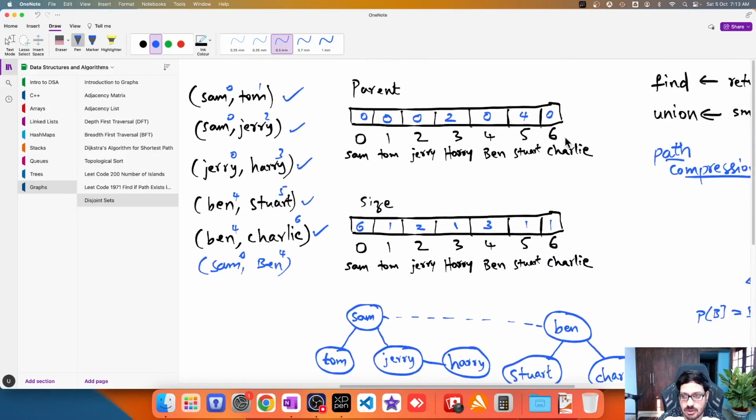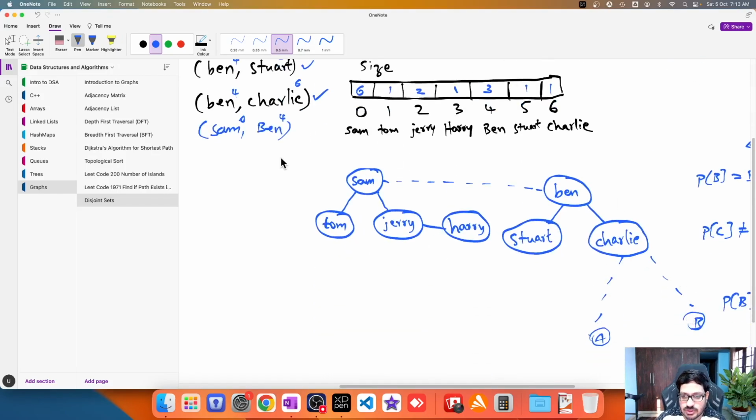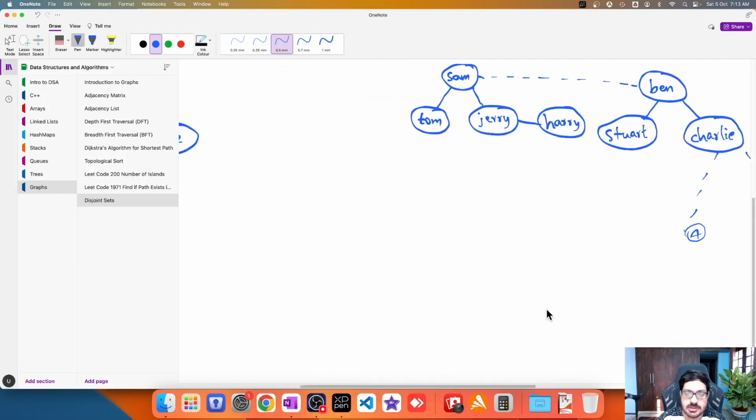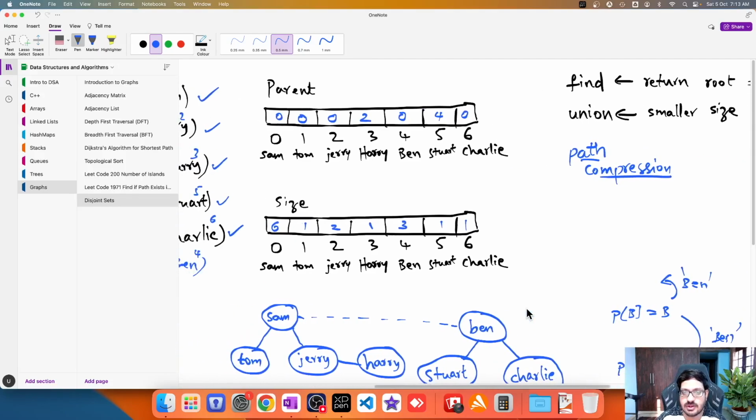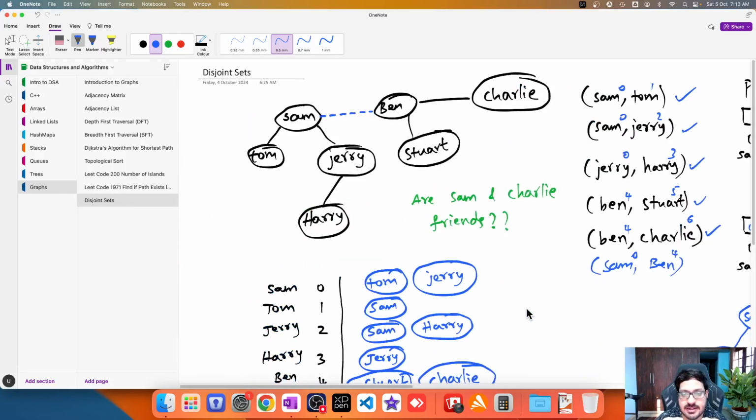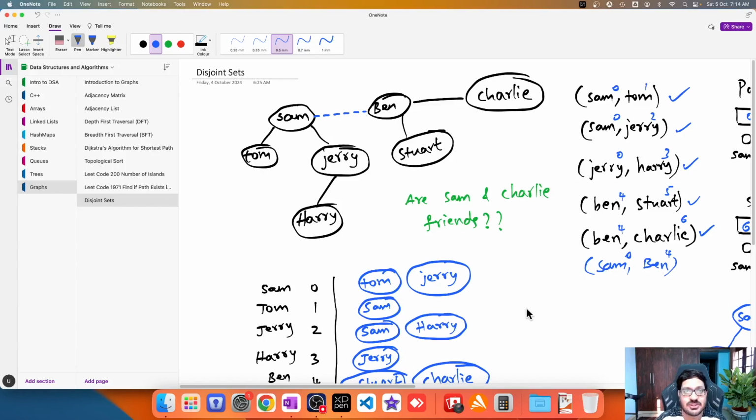Next time it is a simple lookup, right? Charlie is having 0. Who is the parent of 0? 0. It is a two-step comparison, which is same as constant time. Instead of going 1, 2, 3, 4 steps, right? And you can imagine if the tree is longer, that would take more steps. So that is the concept of path compression. Okay, so this is the theory behind disjoint sets. So I hope you have understood the concept of disjoint sets. In the next video, we will code all this in C++ so that it is even more clear for you,